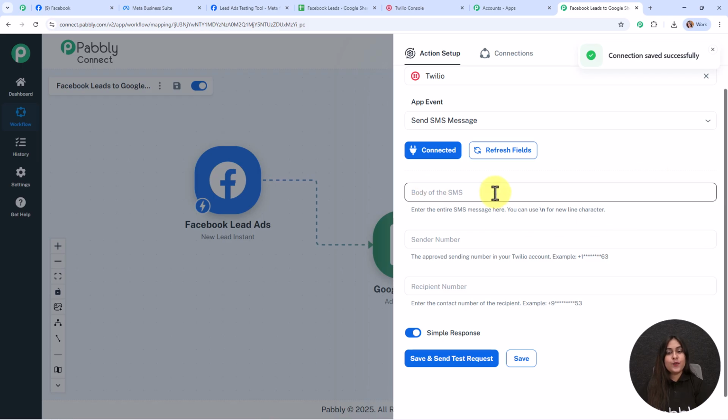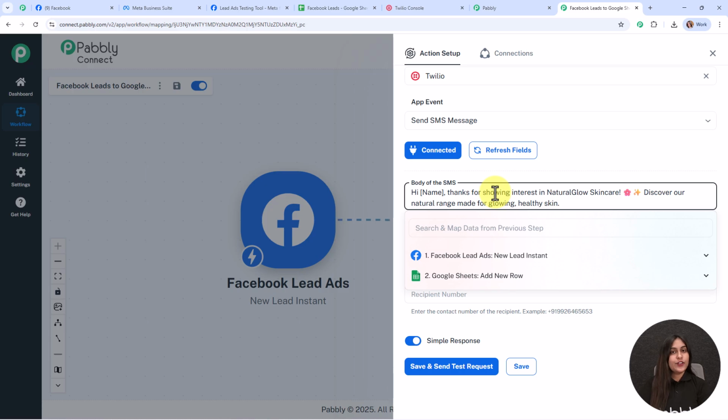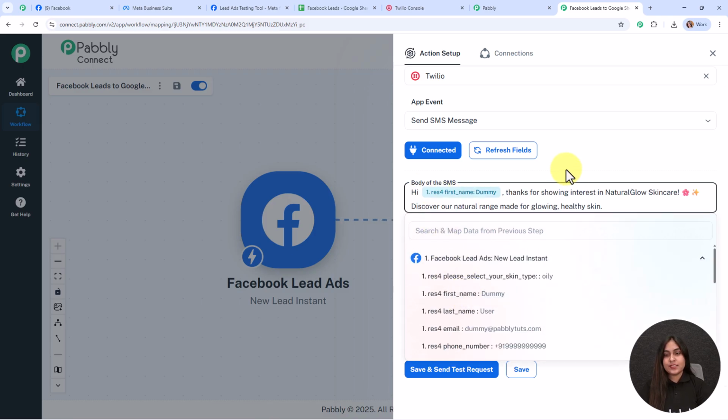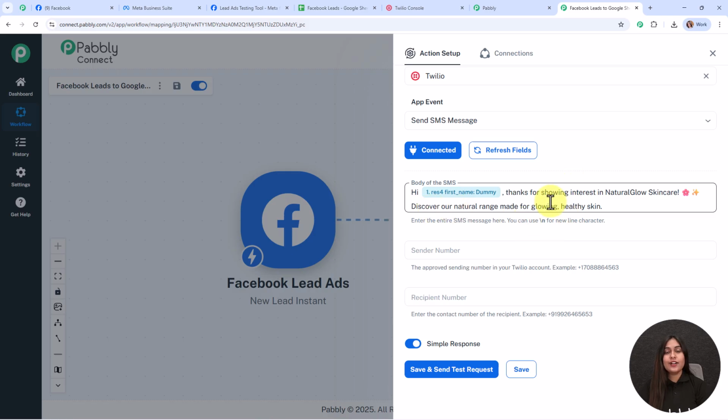So let's move forward, and here it is asking me to enter the body of the SMS. So I need to enter the body of the SMS that I want to send to my lead whenever I'm going to receive a new lead form submission through my Facebook lead ad. So let me add the body of the SMS. So this is the body of the SMS that I've entered, and here I've used a variable in the place of name because here I'm going to map my lead's first name. So this is my lead's first name, so I've mapped it over here,